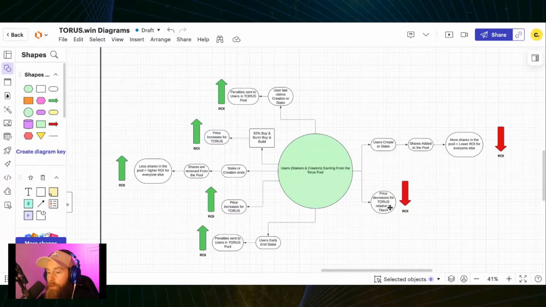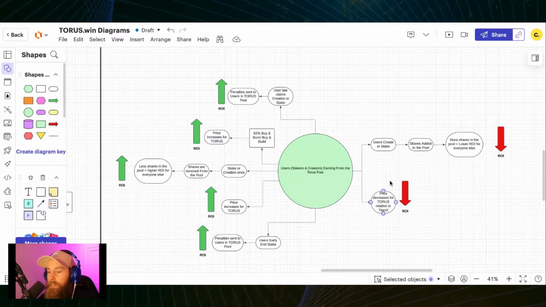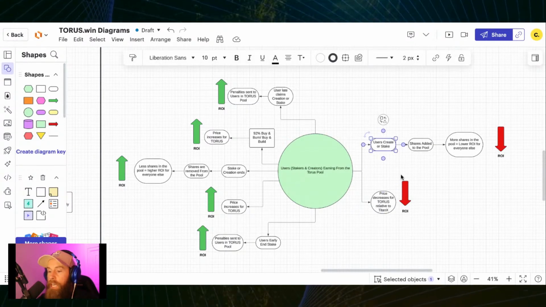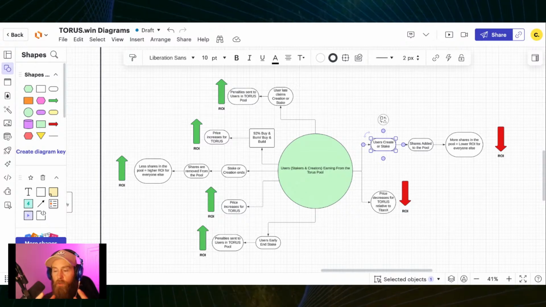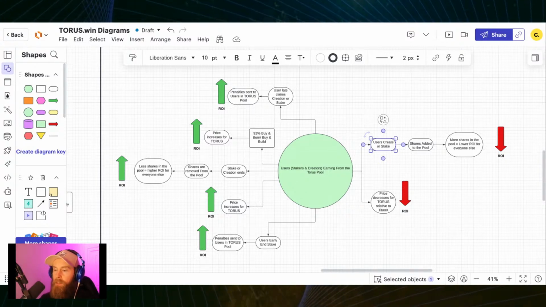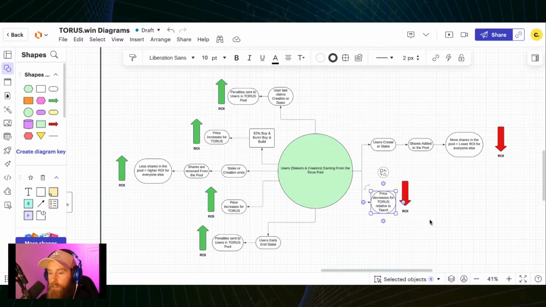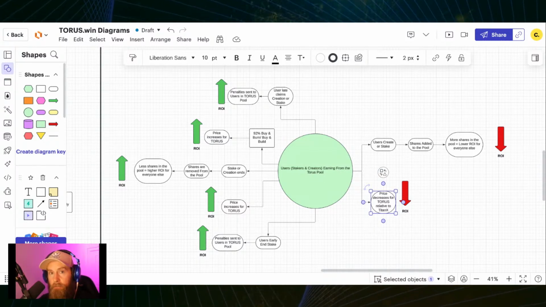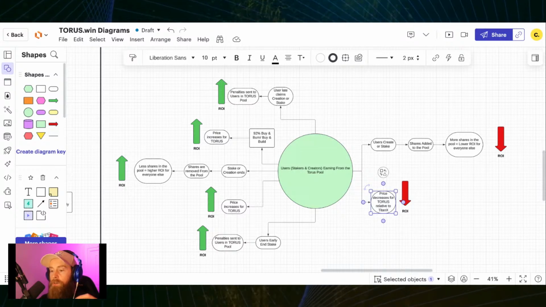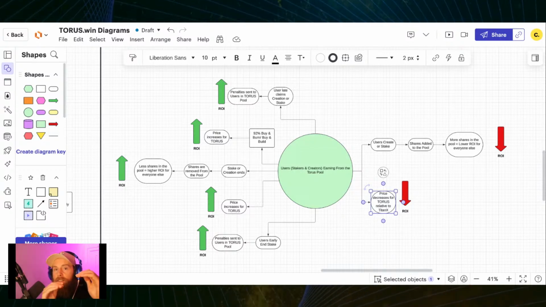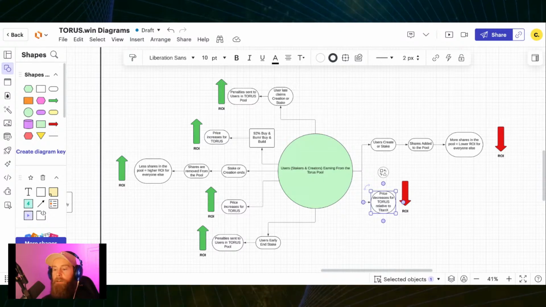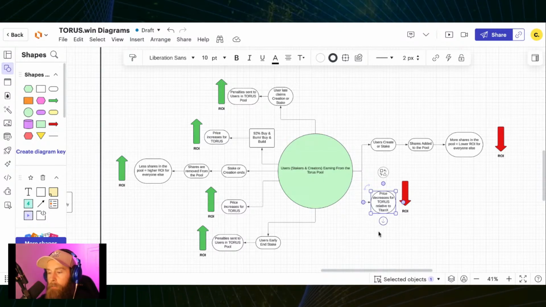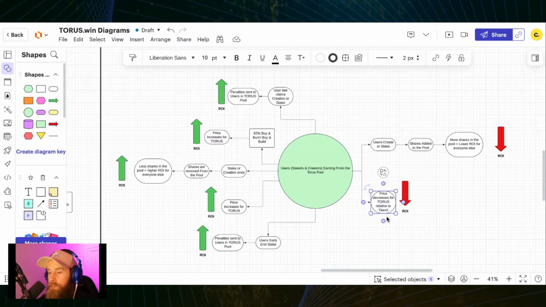So the only two ways that the ROI can decrease is users create or stake, which adds more shares to the total pool, which means that everyone gets diluted a little bit, or the price decreases for TORUS relative to Titan-X. If the price decreases for TORUS, that doesn't kill your ROI, because your ROI is based on how much Titan-X you're supposed to get relative to how much you put in. So if TORUS and Titan-X stay neck and neck and they're just going up and down like crazy, the ROI would never change. The ROI would only change when some of these actions are being taken, right?